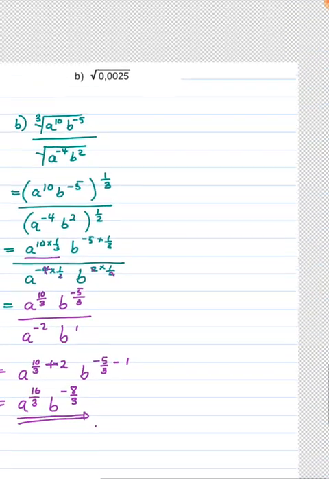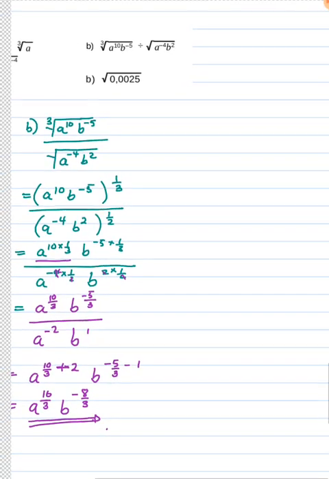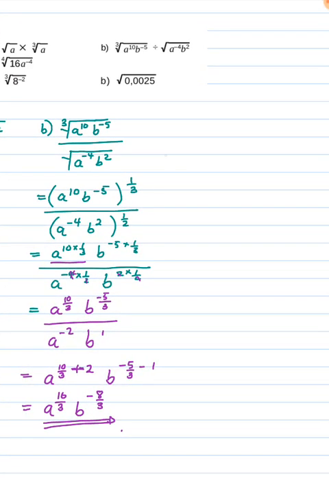And the fourth root of 16a to the power minus 4. So that would be equal to, if I want the fourth root of that, I write 16 and a to the power minus 4,